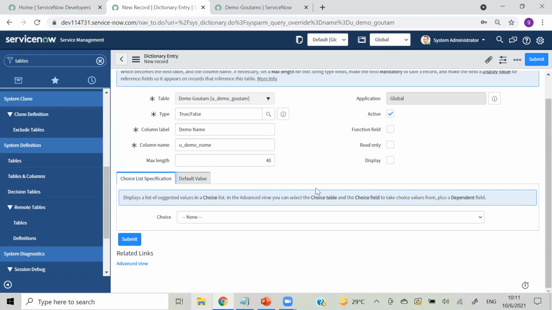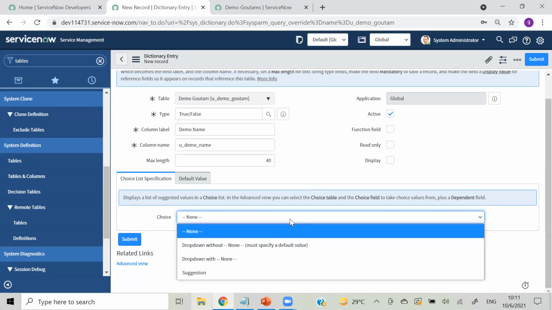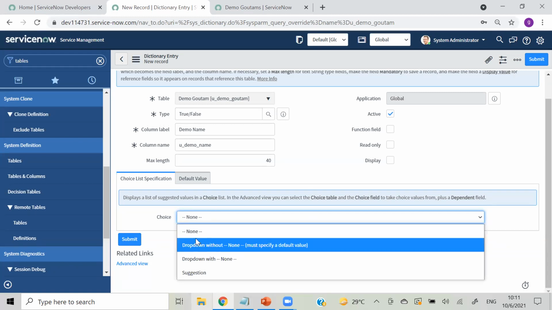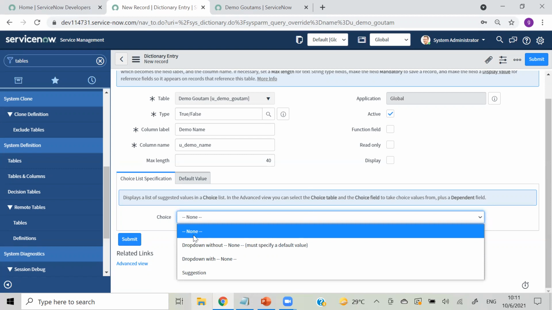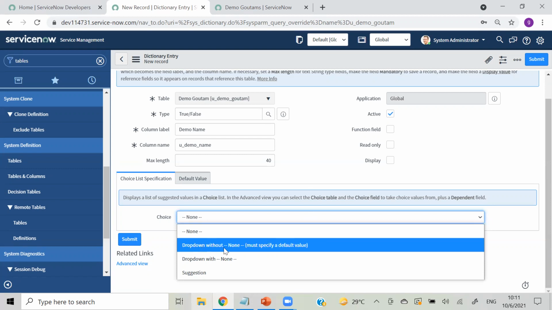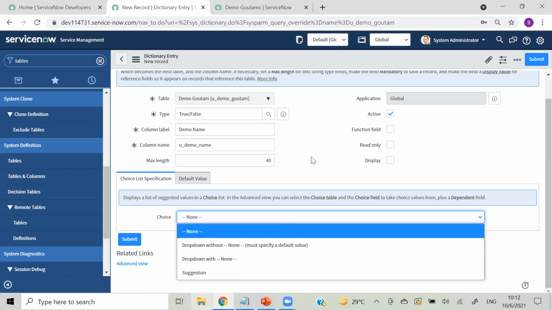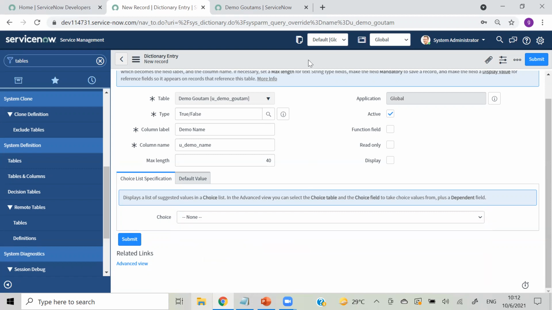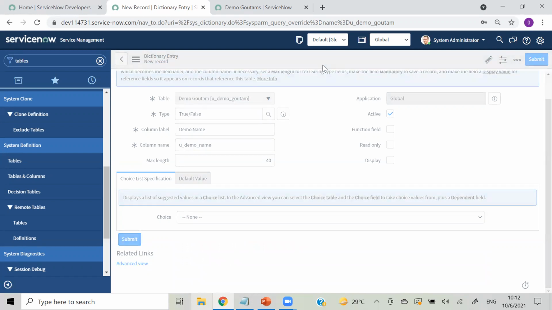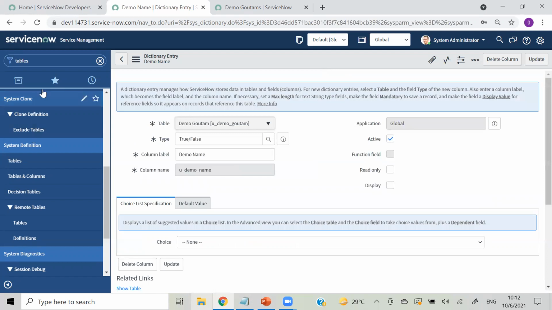And choice specification, if you want to show any choice, like some priority 1 2 3, you can add that from here. And for a choice field, you can show none, or a drop down without none, or drop down with none, all those different types of things. Okay, so I am not giving anything for now, I am just saving it. So one field got created.